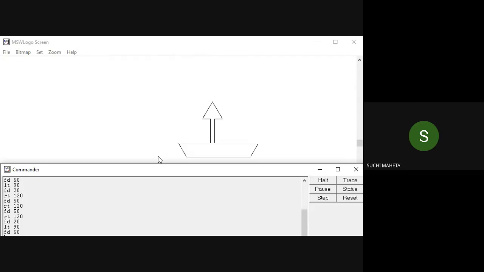Yes, CS, CT and show turtle together. Right? Next one is RT 60, FD 60, RT 120, FD 60, RT, right?